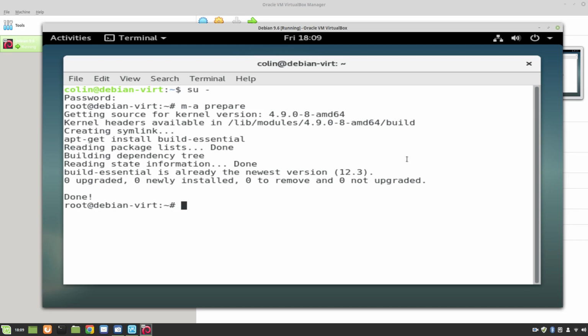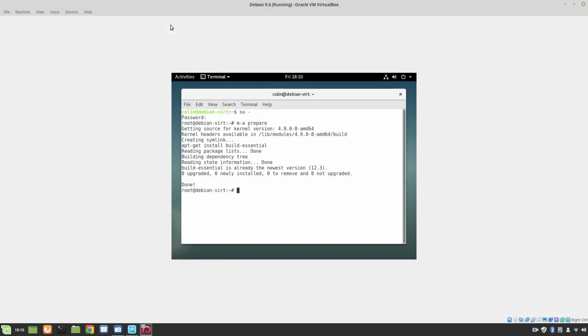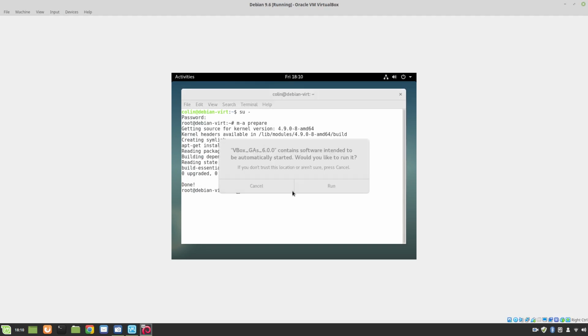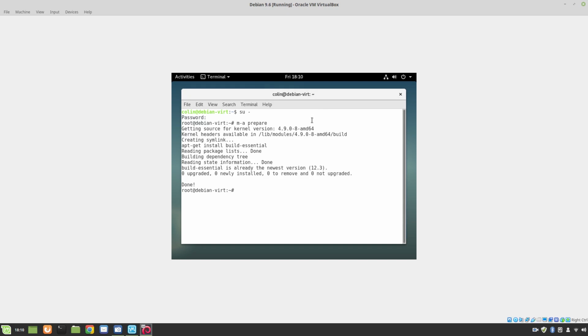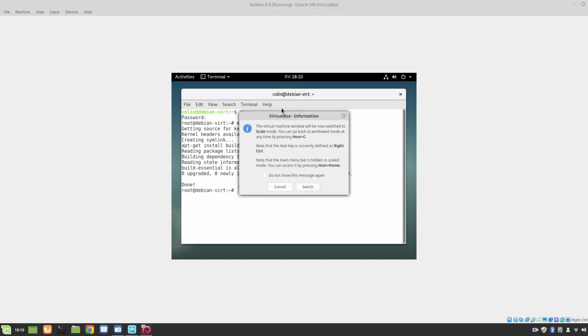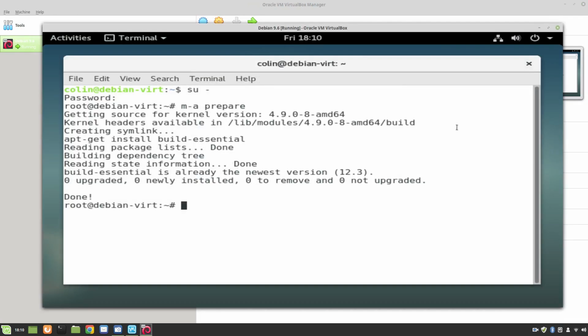So now to get the VirtualBox working, normally you can, so what it recommends is sh, well actually what we need to do is we need to now, let's just unscale that for a minute. So what we need to do is devices and insert guest additions. Now I won't bother to run it because normally it doesn't run anyway. So we'll rescale that. Do not ask me again, please. Okay, so we're going to